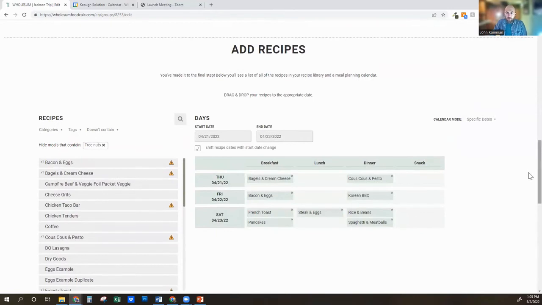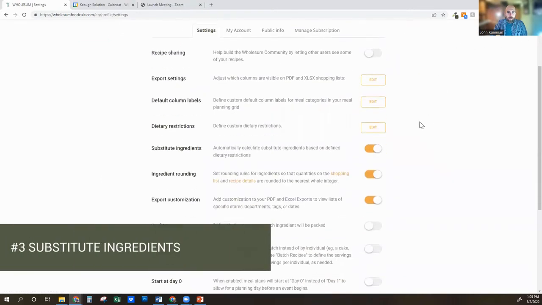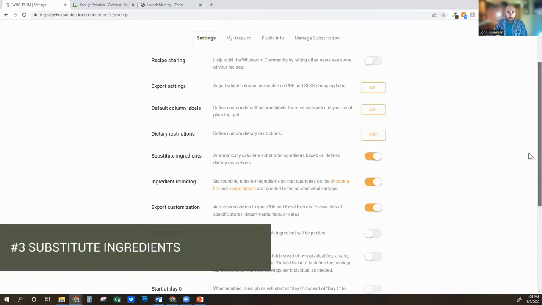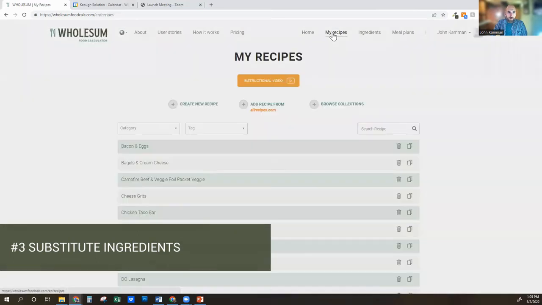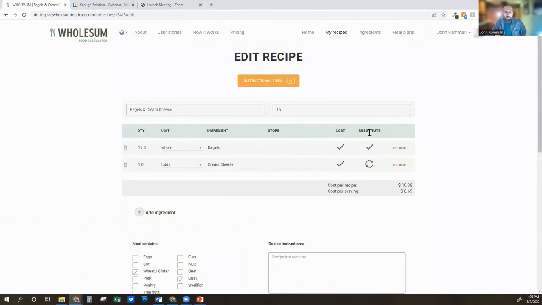And the final tool that I want to talk about is substitution ingredients. So first, I'm going to go to my settings, and I want to make sure that the substitute ingredients toggle is turned on. It should be on by default when you start your account, but you can always come here and check and make sure that it's on. And what we're going to do here is I'm going to go back to my recipes quickly and open up this bagels and cream cheese recipe. And what we'll see when this is on is that there's now a substitution column. And this is going to allow me to create rules as it relates to